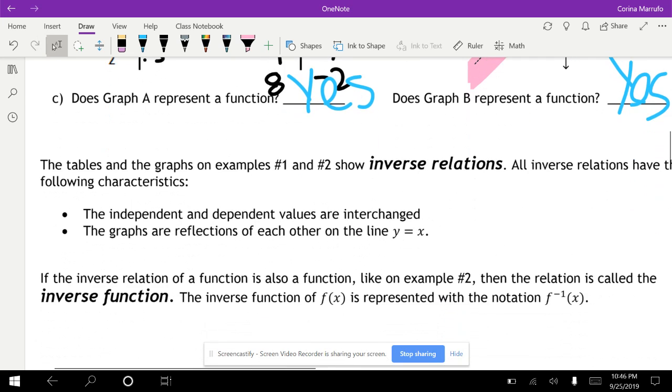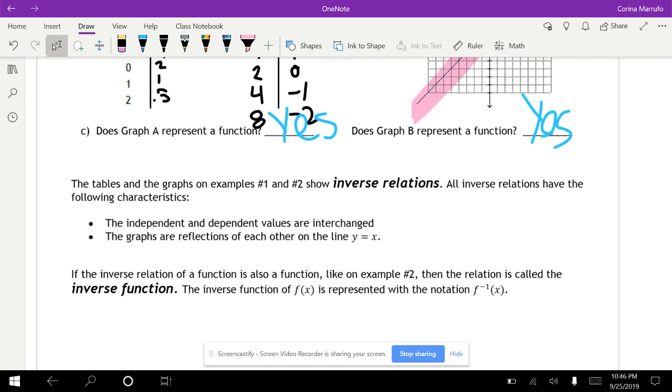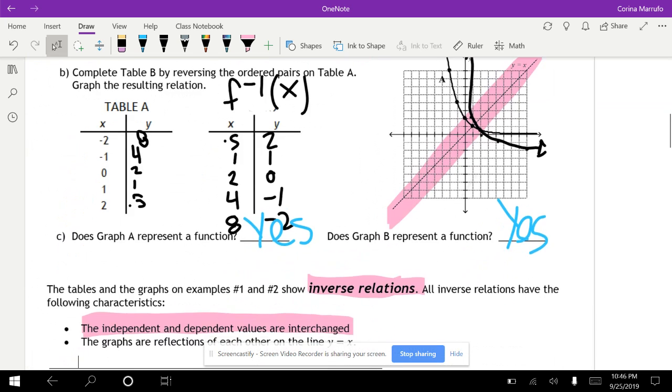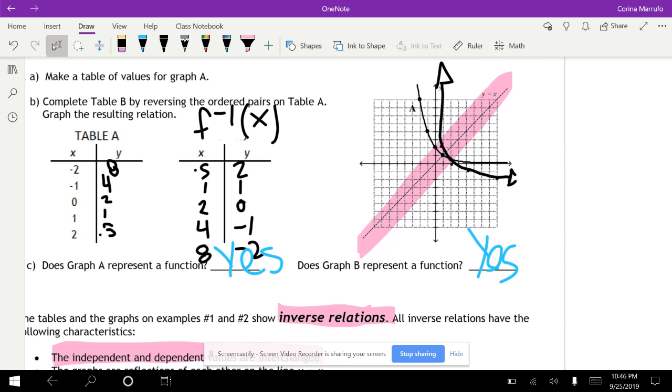All right. So the tables and graphs on example 1 and 2 show inverse relations. All inverse relations have the following characteristics, and this is what I just mentioned. The independent and dependent values are interchanged. So we switch the x and the y values. That's all that means. And that the graphs are reflections of each other on the line y equal to x. So the equation of this line, the one that I highlighted here in pink, is your y equal to x line. And so your graph should always be